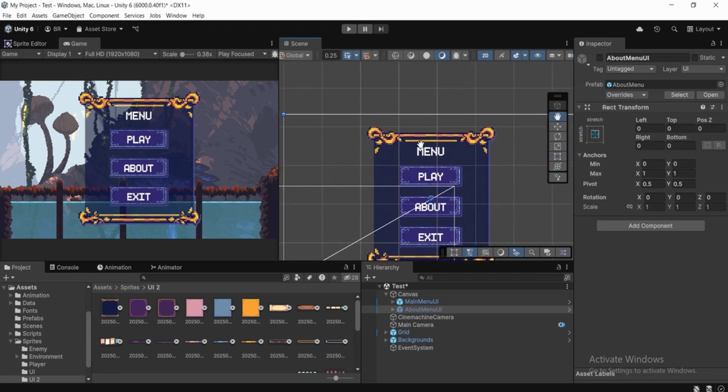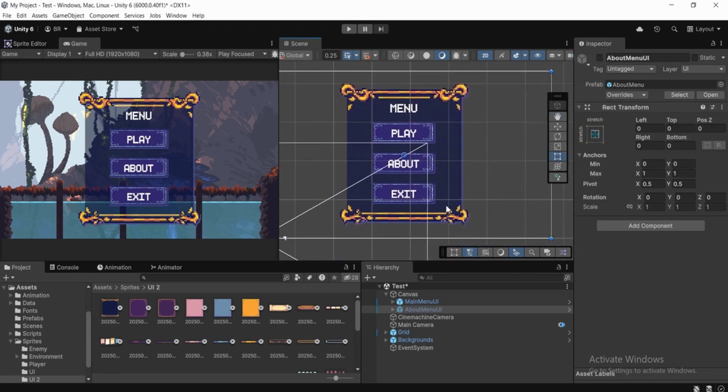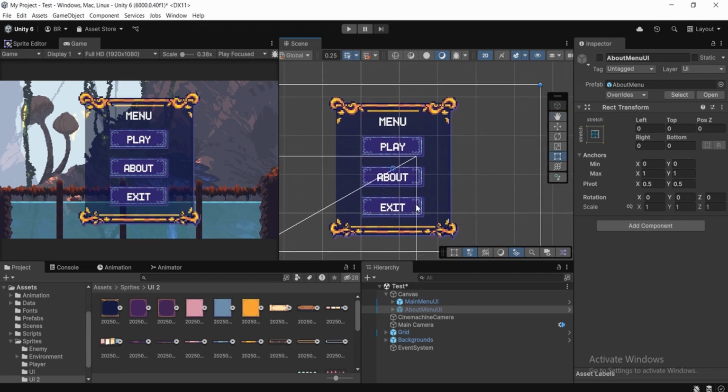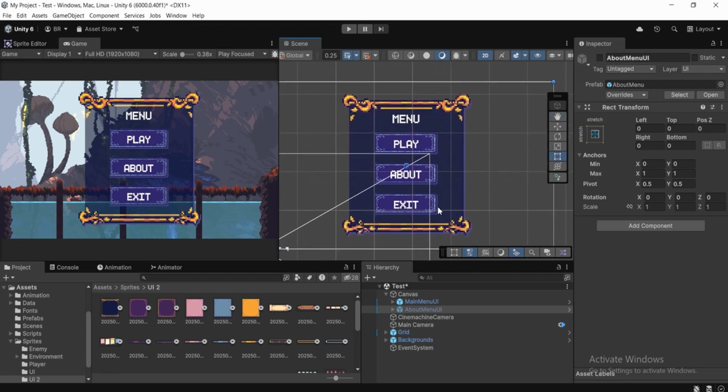So I hope you get the idea of how you can make the about menu UI and how you can set up the logic. I hope you get the idea,